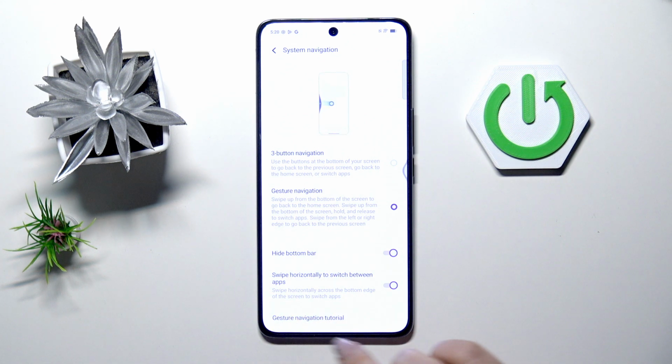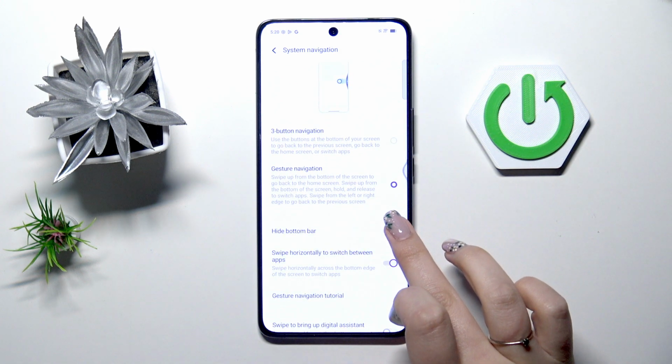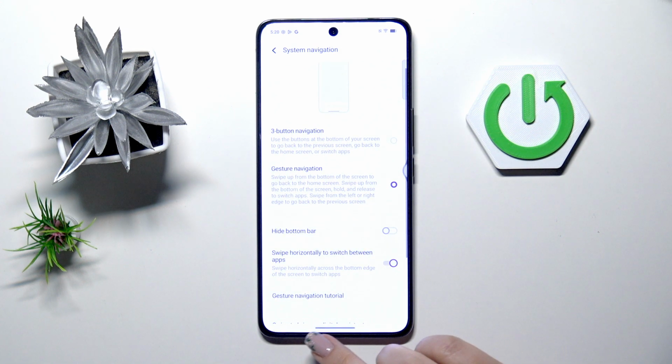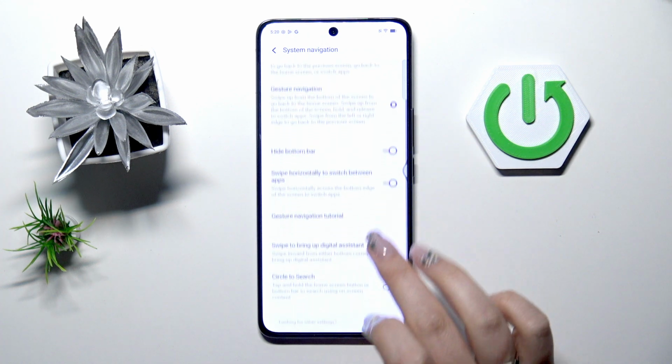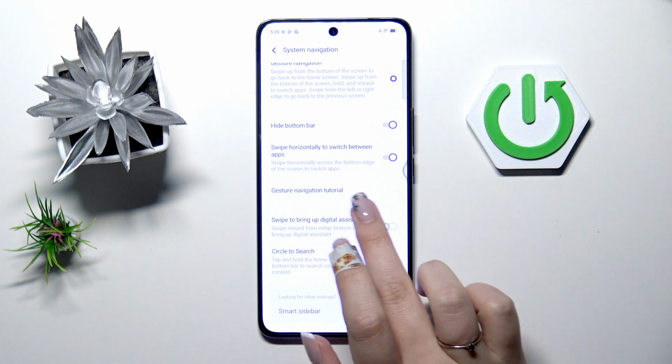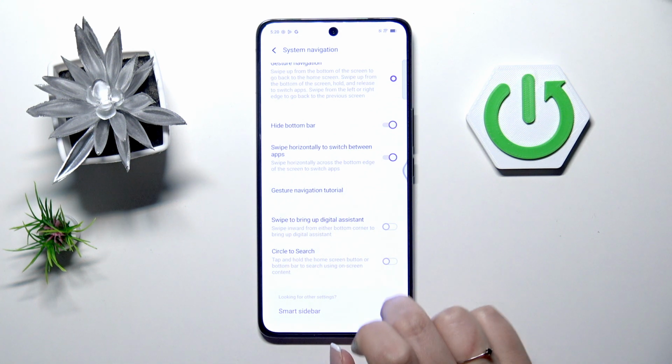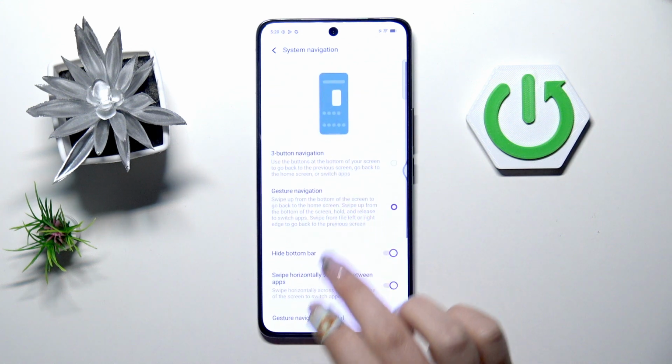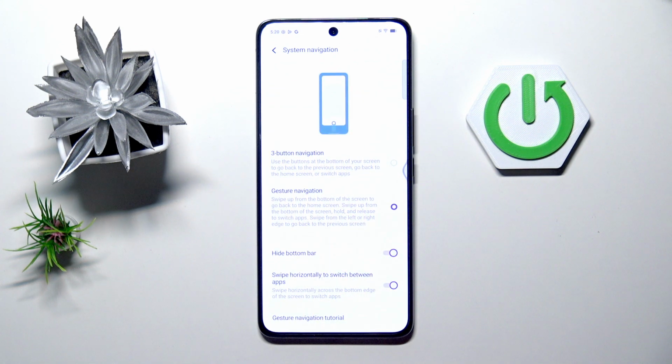As you can see, we do not have anything here. Probably you will have this bottom bar, this line. Of course you can hide it right here, just tap on the switcher, and here you can customize the gestures. It's totally up to you. You can also go through the gesture navigation tutorial, but in a second I'll also explain how to use the